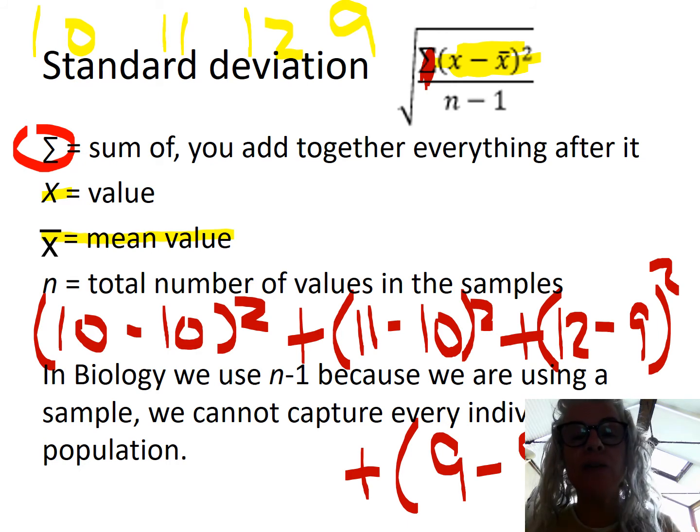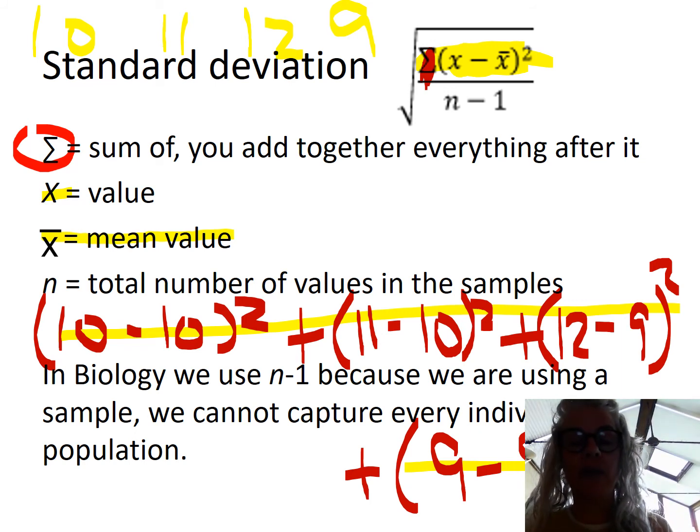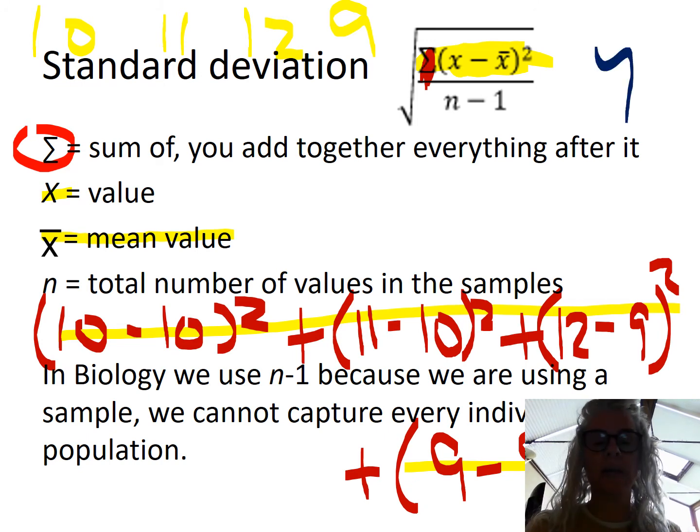So you work out that top row. So you've done all of this, and that gives you this top row. And then what you need to do is divide that by n minus 1. Now n is how many numbers you have. So I have 1, 2, 3, 4 numbers, so n minus 1 would be 3. So you add up all of that top row and you divide it by 3. And that will give you a value that I am going to call y, just to not use any letters